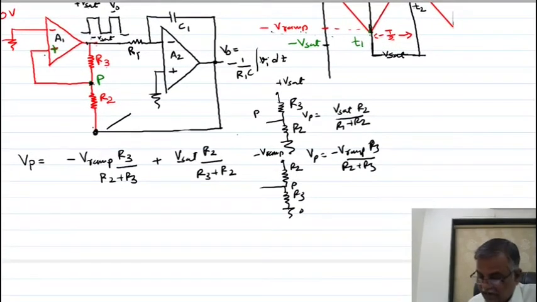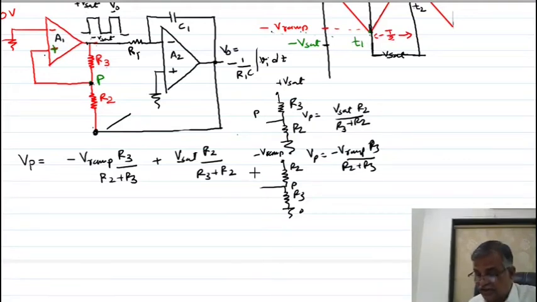Look again carefully. I am using the superposition principle. In the superposition principle, one time you take the voltage applied here, and this voltage is 0. If this voltage is applied here, the voltage existing here is plus V set, and this voltage is 0, so it is your ground. What is the potential at point P? Using the potential divider equation, it is V set into R2 upon R2 plus R3. Here is R2 plus R3, and this is your R3.